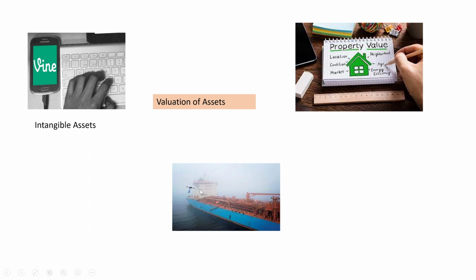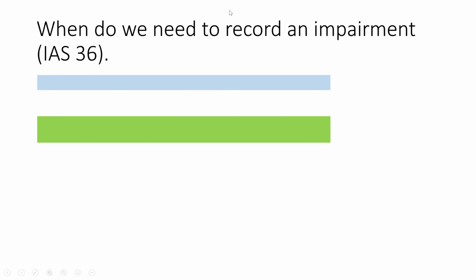Often impairments associated with ships are apparently quite a common occurrence, according to my colleagues who work in audit. Especially, I imagine, with COVID. With COVID there's an increased focus on evaluating whether there are any indications of impairment with assets. Okay, let's look at when do we actually record an impairment?